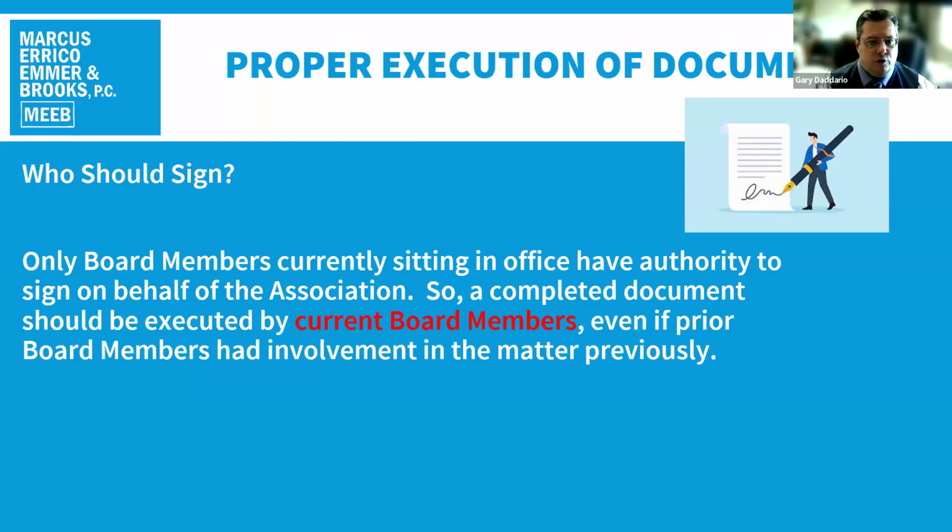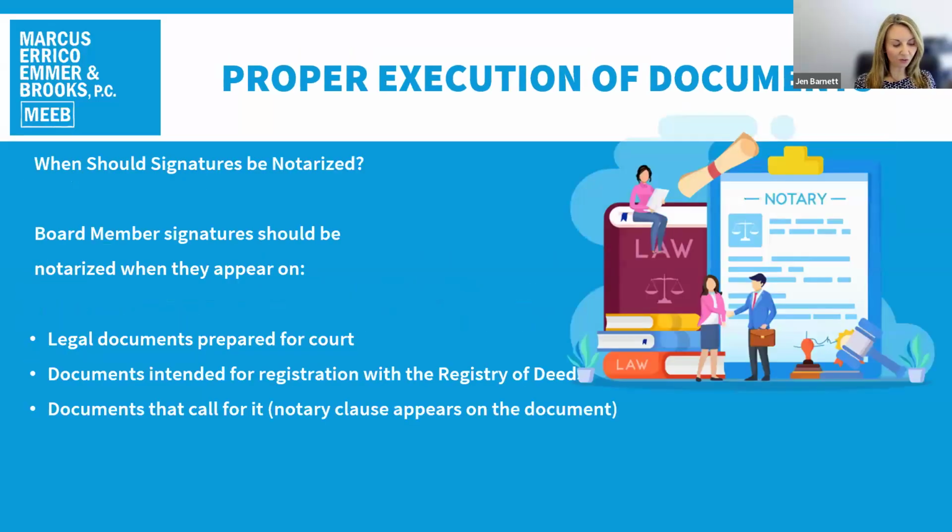And what we've been talking about so far in this presentation is making sure that when the board takes action, it's a safe action that's going to be defensible, that's going to be hopefully relatively safe from challenge and safe from being invalidated. And that's how you have to handle it when it comes to who has authority to sign. So now, once you have the authority, then it's a matter of documenting. Often this requires the board members to sign before what's called the notary public.